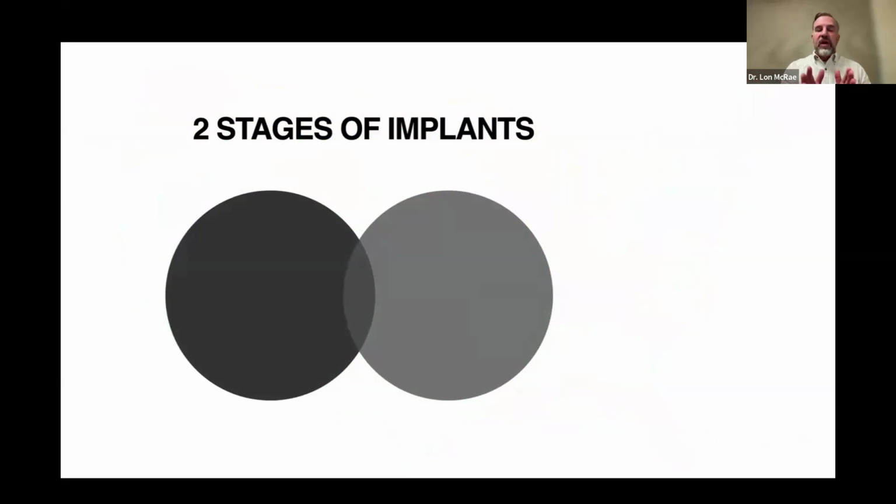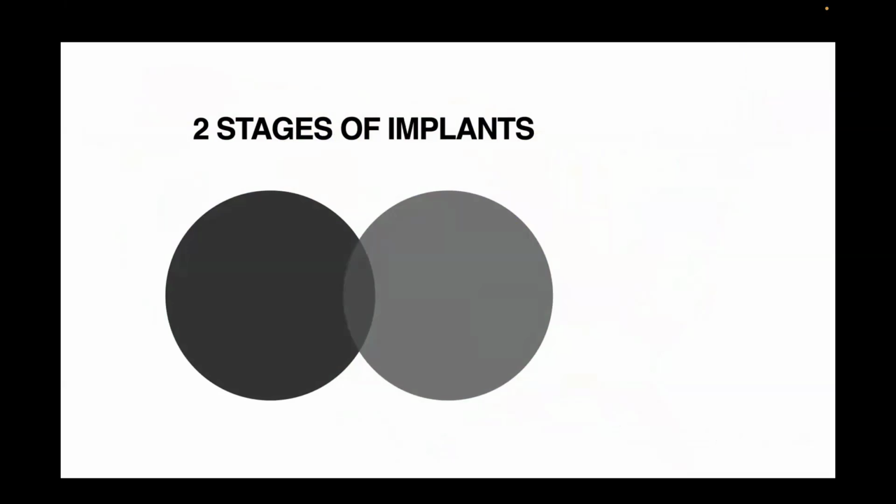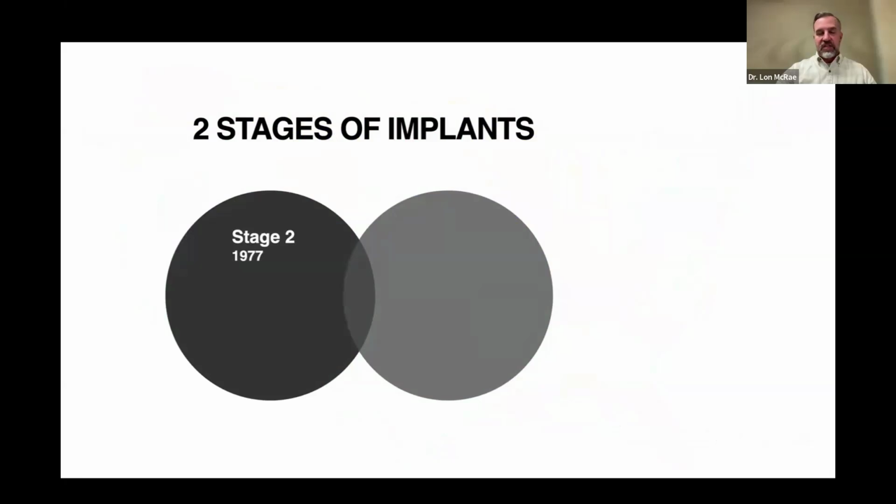So here is what we know about implants. If you really look at it, most implants are placed in these two stages. So what is the traditional way of doing implants? We're going to call this a two-stage; in 1977, really this is a three-stage. Dr. Brånemark is the one who talked about this. That was: extract the tooth, wait 4 to 6 months to let the bone completely heal, place the implant, wait another 4 to 6 months, put the final abutment and crown,